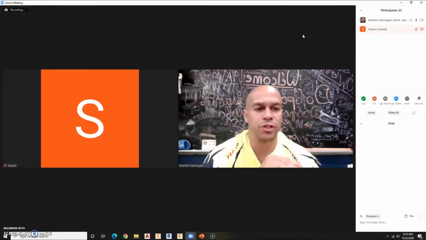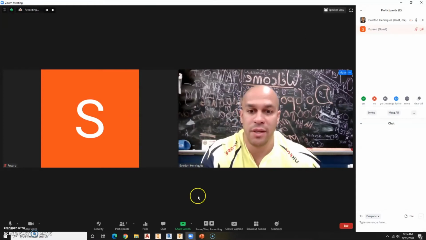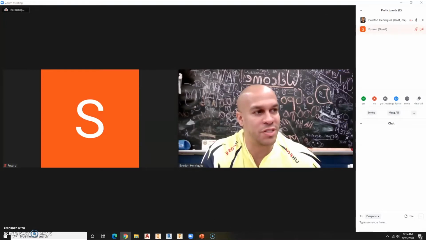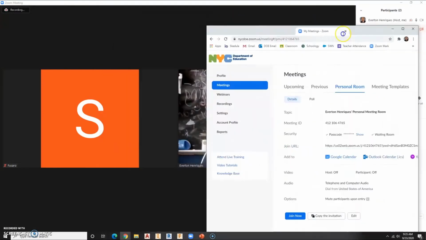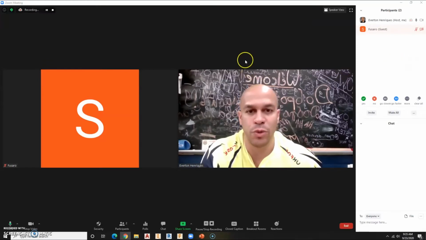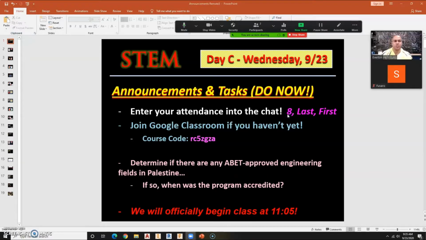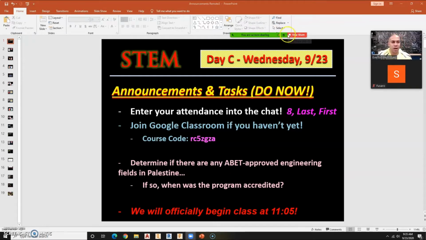So one of the issues we've had are people coming in and annotating your screen. And one of the ways that we can stop that, we tried to stop it in our Zoom settings. You might be familiar with signing into your Zoom settings, but it does not seem to stop it in your personal meeting room. You actually have to go back in when you share that screen. So when I share this screen to begin with, I usually do this before any students arrive in the waiting room, and that way I can go up here,